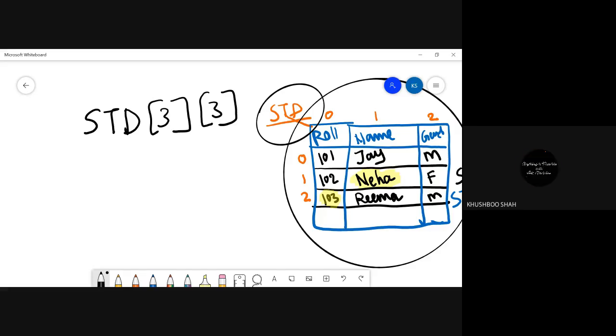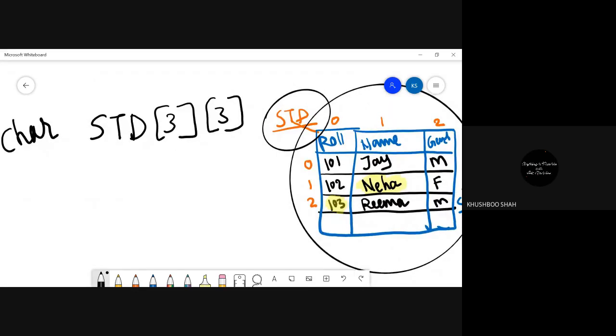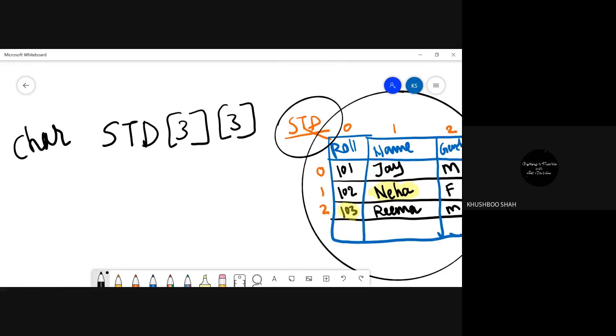If I write char STD, in that case, how can I store the roll number? It's an integer. We can use single quotes. For roll number?